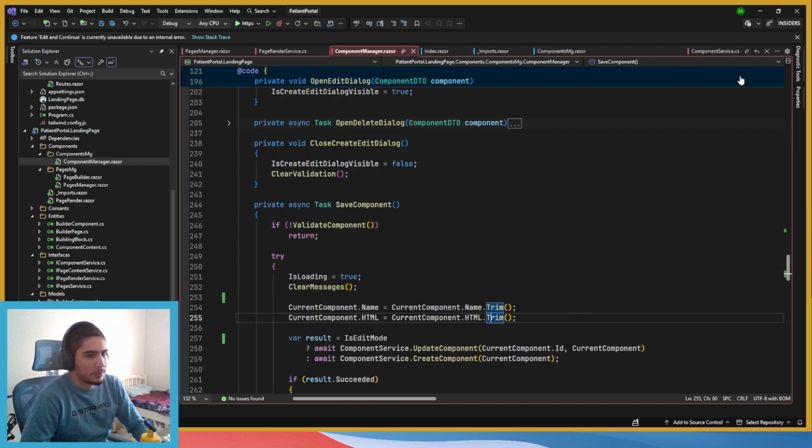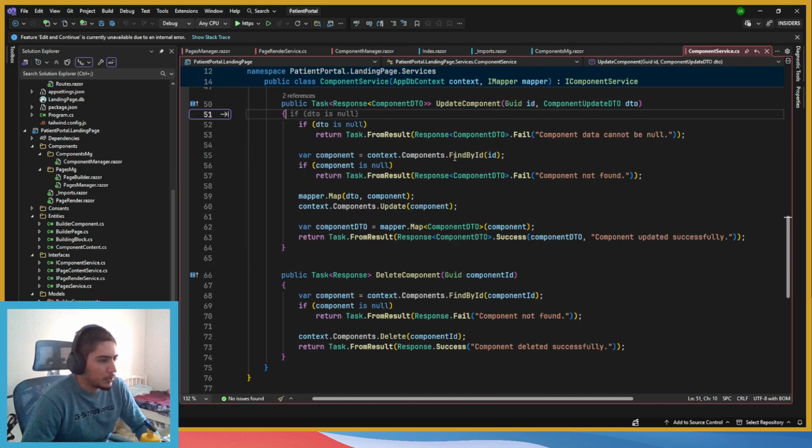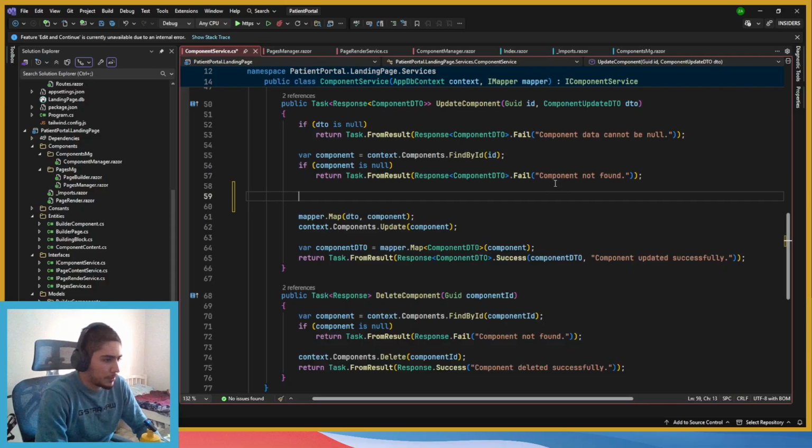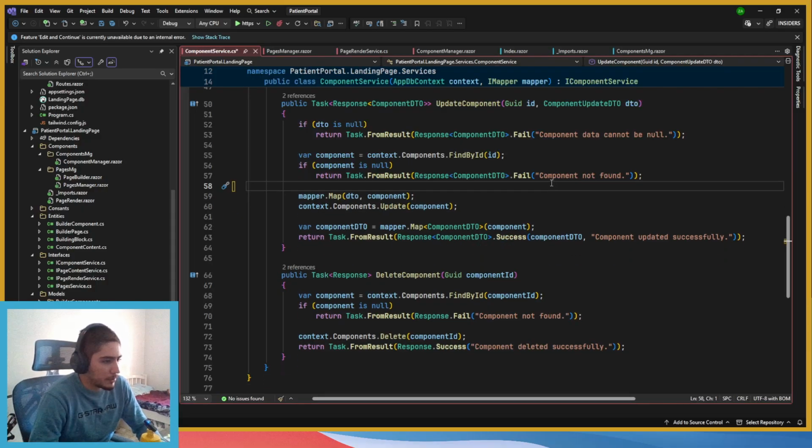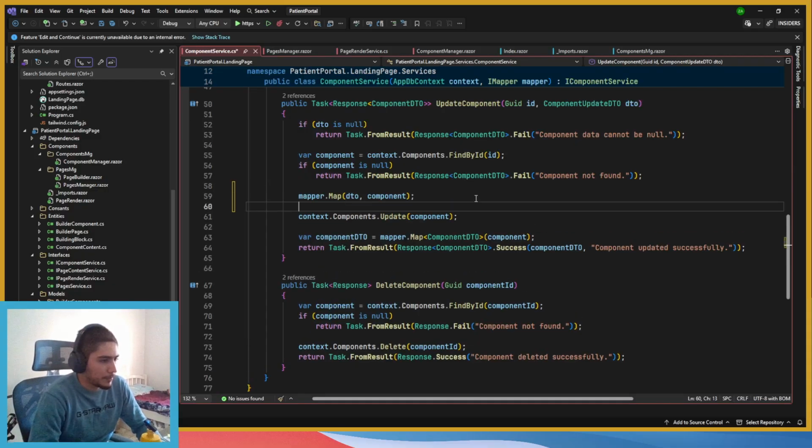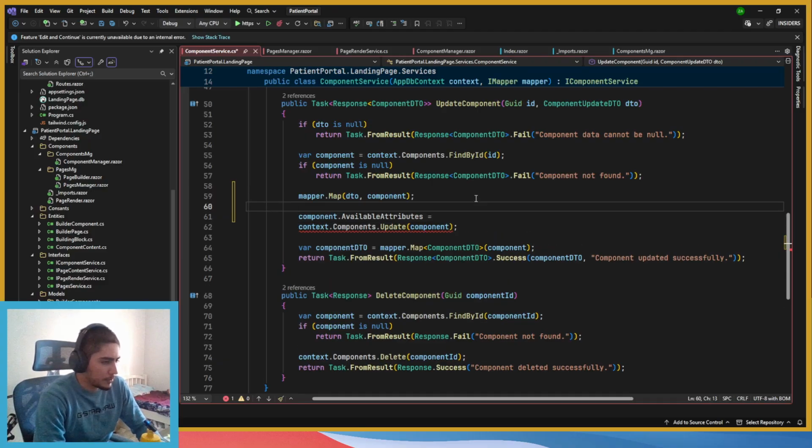Okay, so here we save this, we don't do anything. And then we go to component file by ID, which doesn't exist. So this is the update. We're going to have to do the same thing for the create. We do it after the mapping. So component, what's available attributes is, so first of all, if